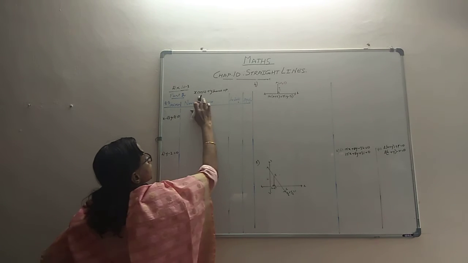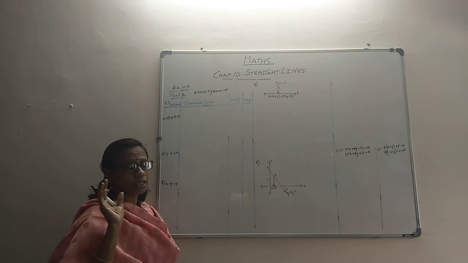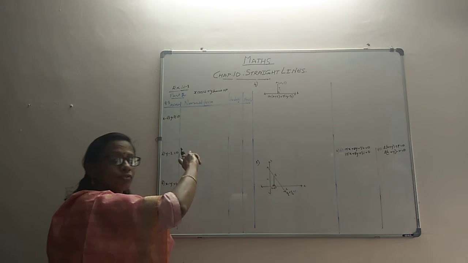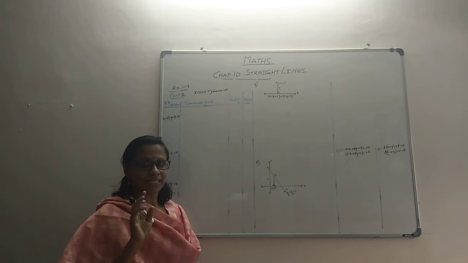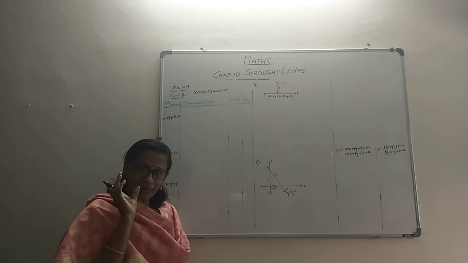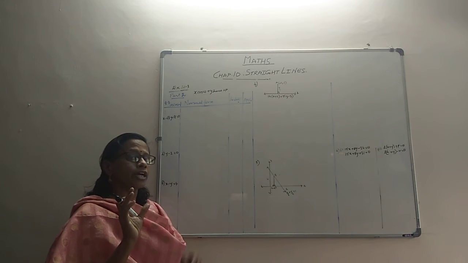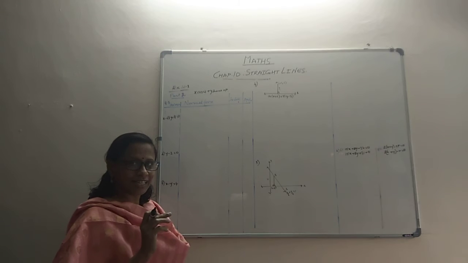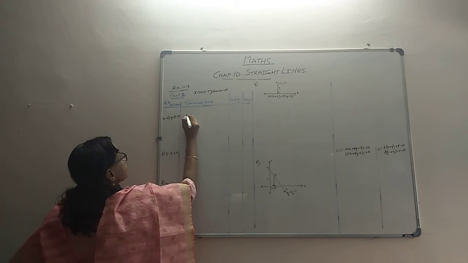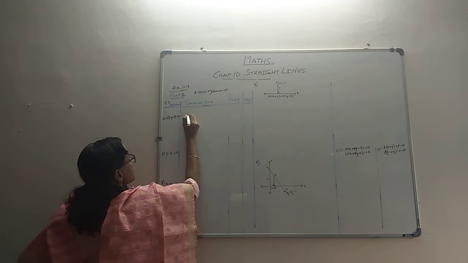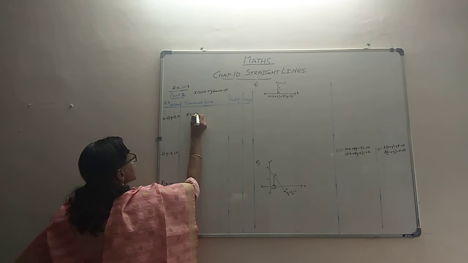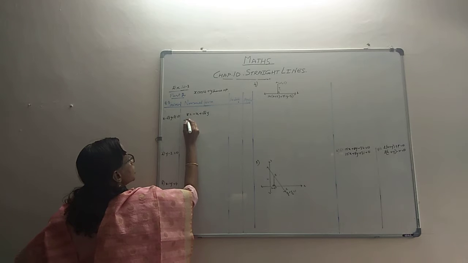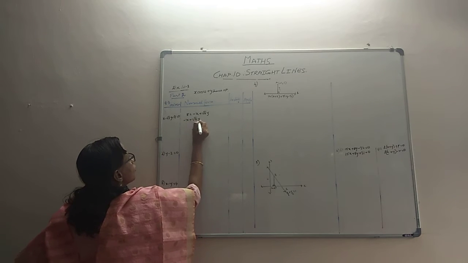See, first of all, the equation has to be something equal to a number. So convert it in that form. Here, 8 is on this side. When you take 8 to the other side, it will become minus 8. That is not allowed. You want that number to be positive. So instead of taking 8 to the other side, let 8 stay there, we will take the other terms to the other side. So this becomes 8 equal to minus x plus root 3 y. Our idea is to get it in that form.